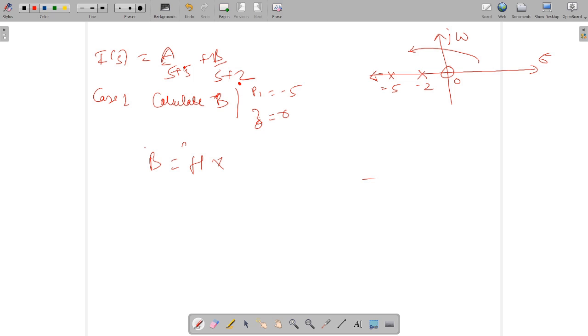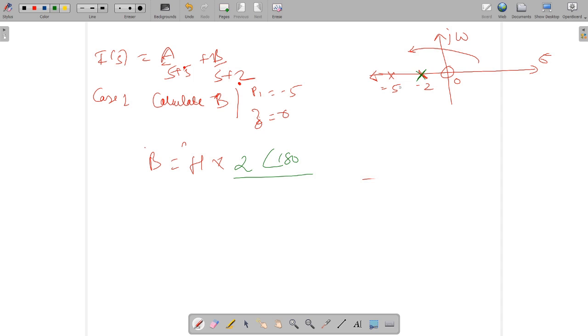So this is the reference pole. I'll change the color. Now see, now find the distance. Again, you have to move in the anti-clockwise direction, and the distance is only 2 meter, or you can say 2 centimeter, or you can say 2 kilometer. So the magnitude is 2, and the angle will be how much? Again, you have to turn in this direction. So 2 angle 180 degree will be there.